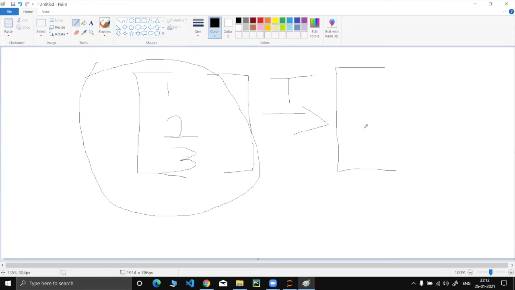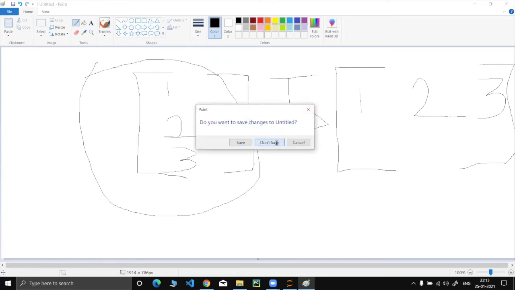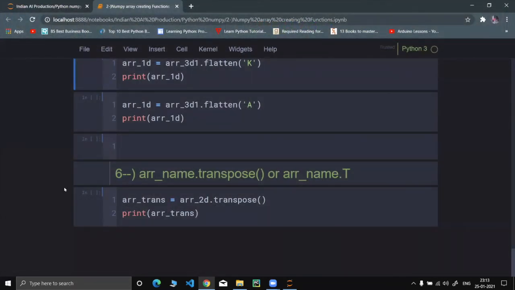What would be the transpose of this matrix? 1, 2, 3 in a single row. Right. In simple words, we can say converting the rows into columns and the columns into rows, something like this in reverse manner. I think most of the people are from a mathematics background, from college days, school days. Just confirm.